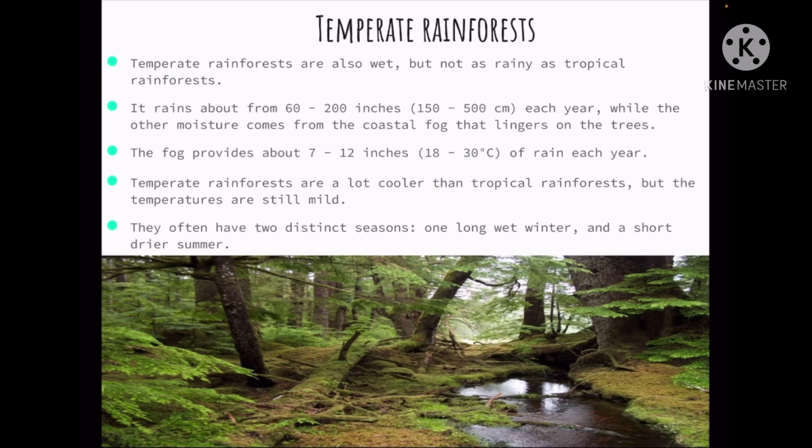Next, we move on to the temperate rainforests. Temperate rainforests are also very wet, but they are not as rainy as the tropical rainforests. The rains range from 60 to 200 inches, or in other words, 150 to 500 centimeters per year,